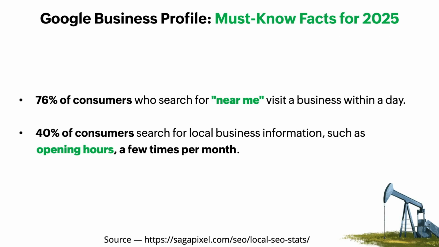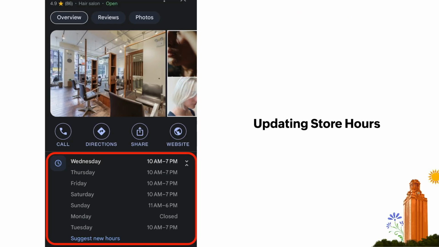So this is what the stat says. I used to have the same search term, near me. It deals with proximity, and you have to make sure that you update the right store timings, that is, store hours. Personally, what I recommend is you analyze all your competitors and see their store timings. I recommend you start your business 1 hour before that, or update the timing to 1 hour after their closing time. This funnels a lot of leads for your business. So these are all top metrics that you have to do for your location.